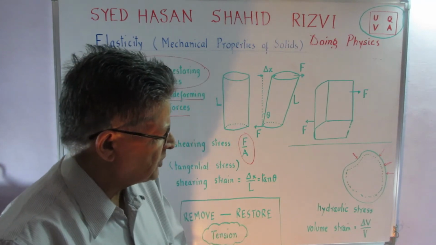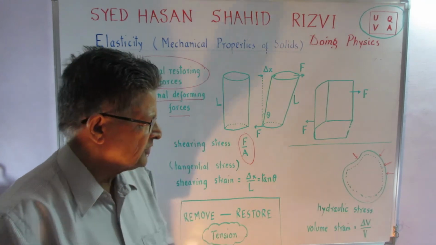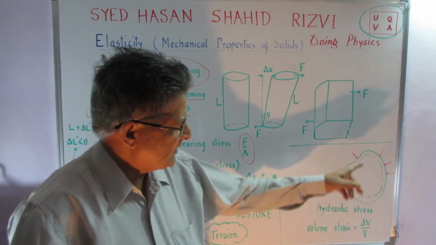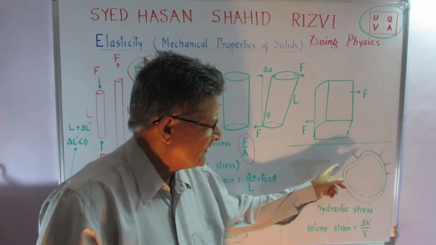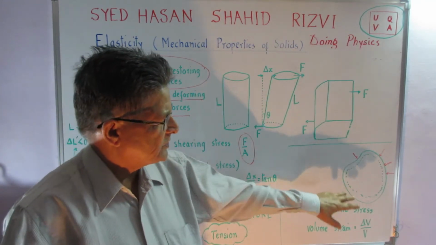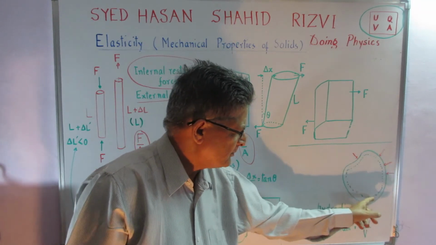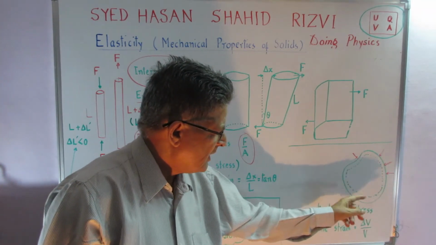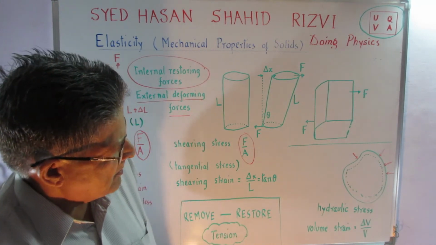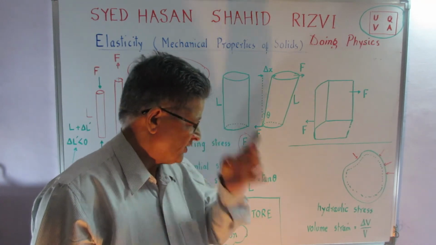the kind of thing which often happens in water bodies, this stress is called the hydraulic stress. And this hydraulic stress again is the same as the pressure. Equal pressure from all sides is there, so the body gets compressed. Of course, the shape of the body remains the same, but it is under hydraulic stress, hydraulic pressure.